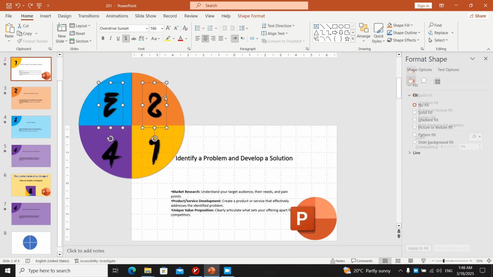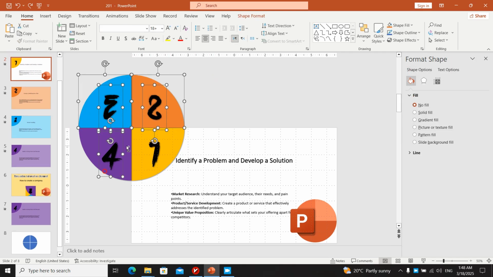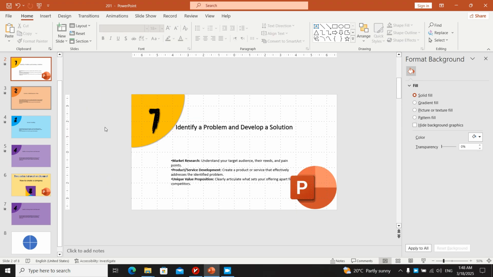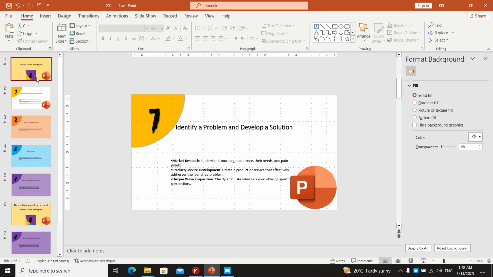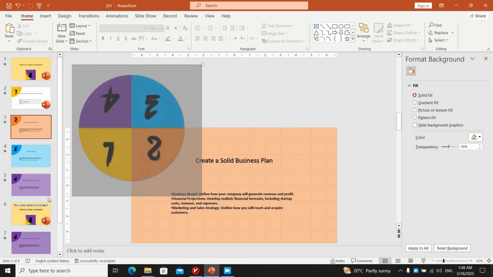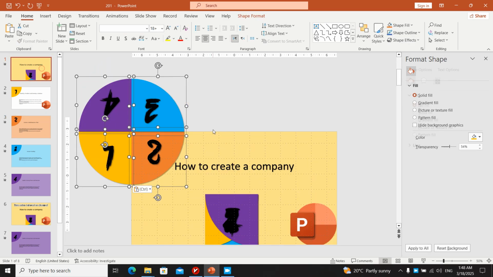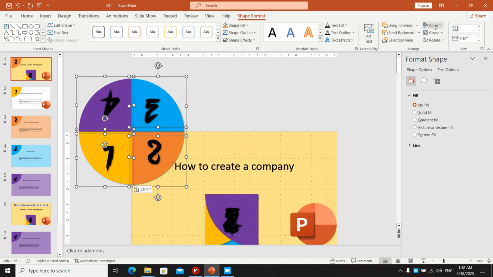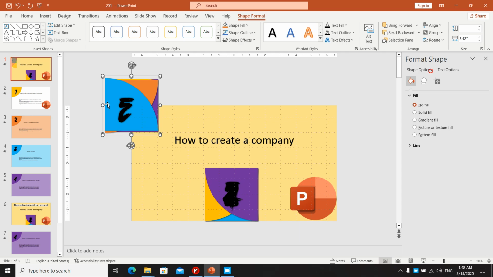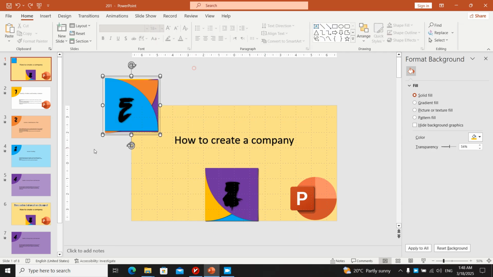This thing is not important to be here. You can delete them, but you need to create other things. After you create that, for creating this slide, you simply need to select all of them and just simply set shape format, align them center, middle. Now you have this shape that you can paste here,